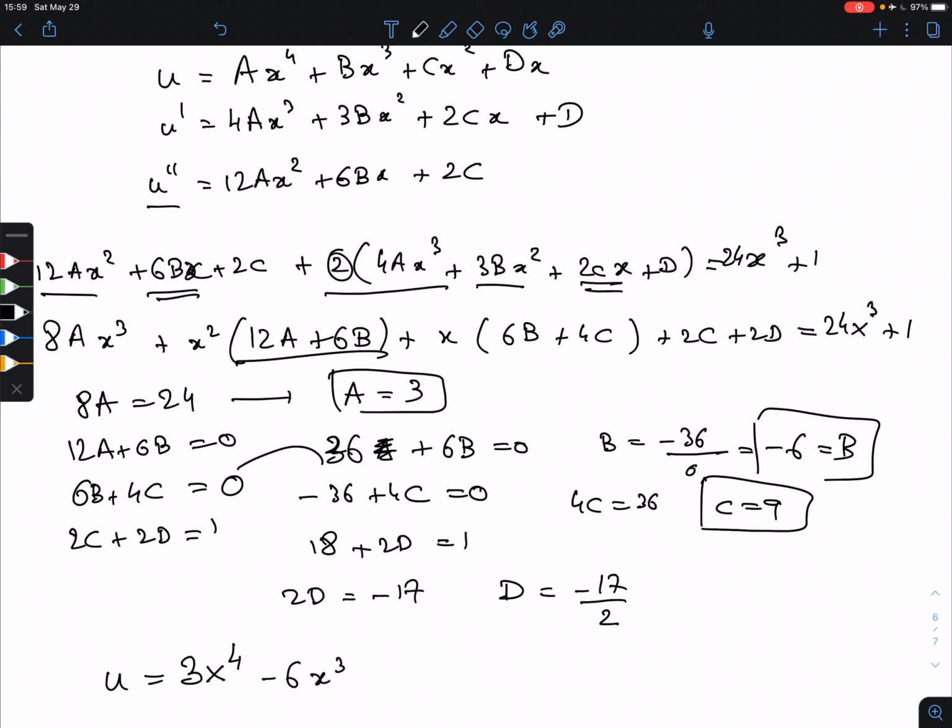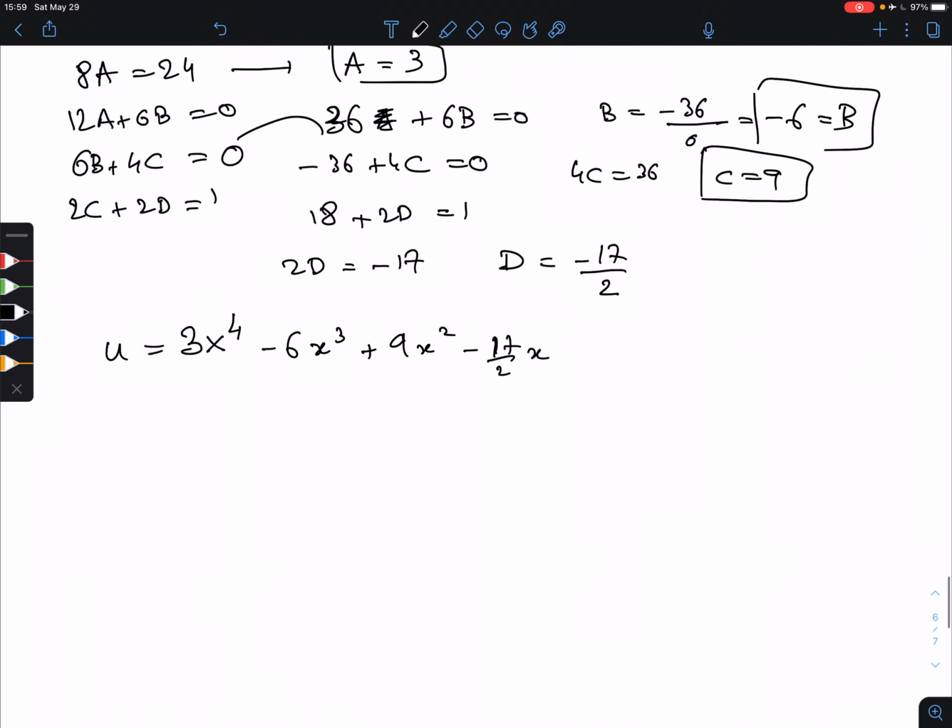C is the coefficient of x squared, that is 9x squared, and d is the coefficient of x. So this is our solution for u. Is that a, no, we want y. So the particular solution is this